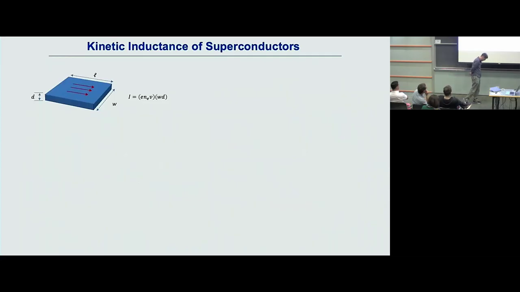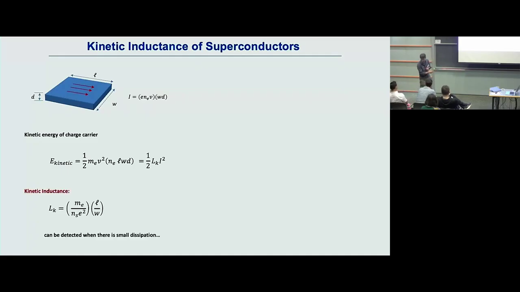Because it's a small sample, most of the other conventional ways of measuring superfluid stiffness don't work too well. But there's one way we can address this, by measuring the so-called kinetic inductance. Kinetic inductance is nothing but this: when you send current through, all the carriers flowing through will have kinetic energies. If you write down the kinetic energy of the carriers, you can simply rewrite it in terms of